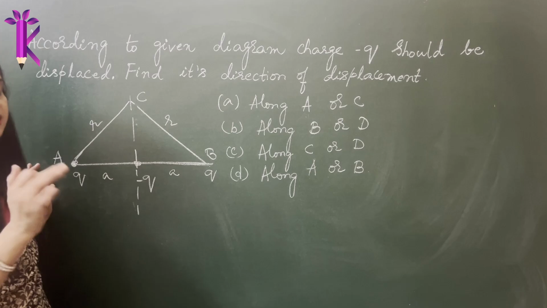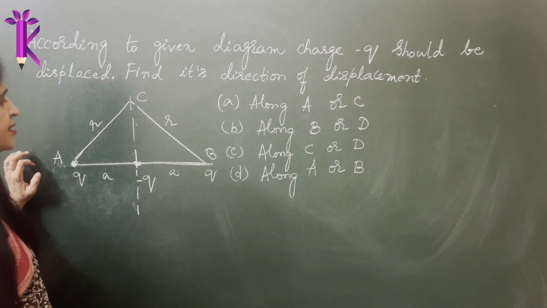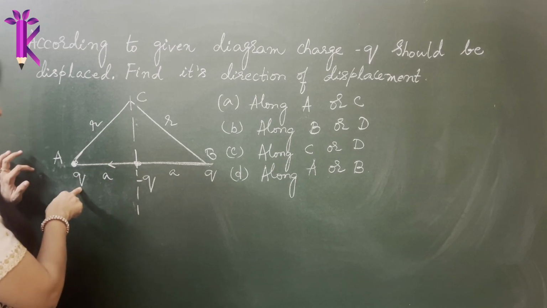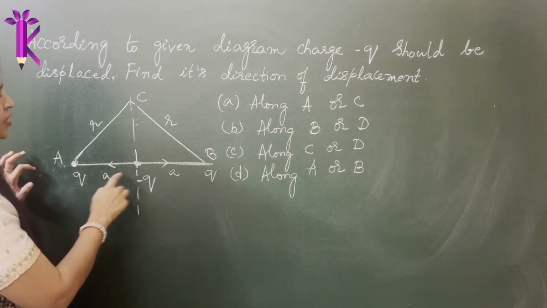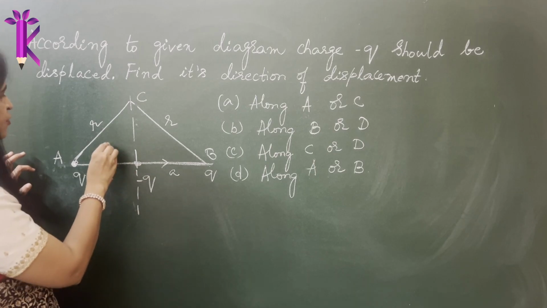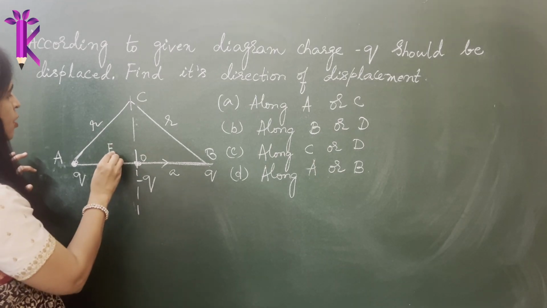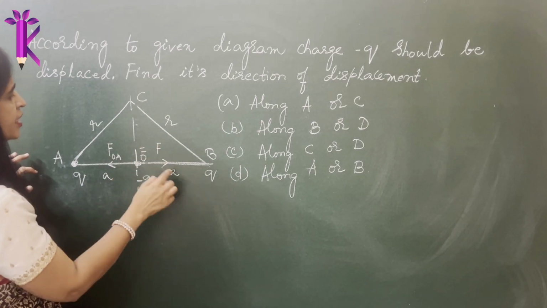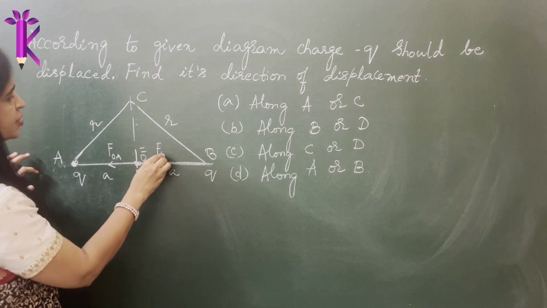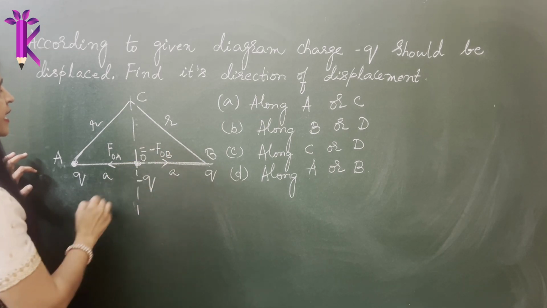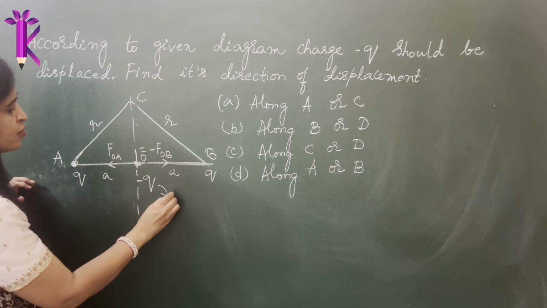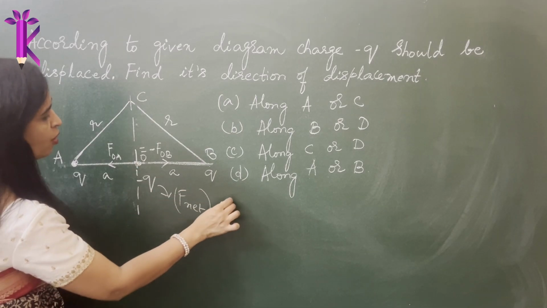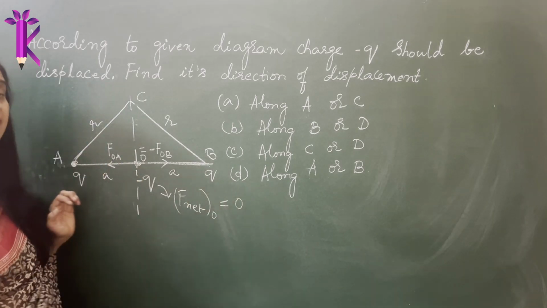So it is basically the midpoint of the line joining the two charges. So these are two like charges. So what will happen? Minus q will experience an attraction due to this, and it will experience an equal attraction due to the other charge. Force on the charge at O due to A is equal to force on the charge at O due to B but in the negative direction. They are equal and opposite. So the net force on this charge would be 0 at this point O. So the net force at the point O on charge minus Q is equal to 0. So it will stay in a state of equilibrium.